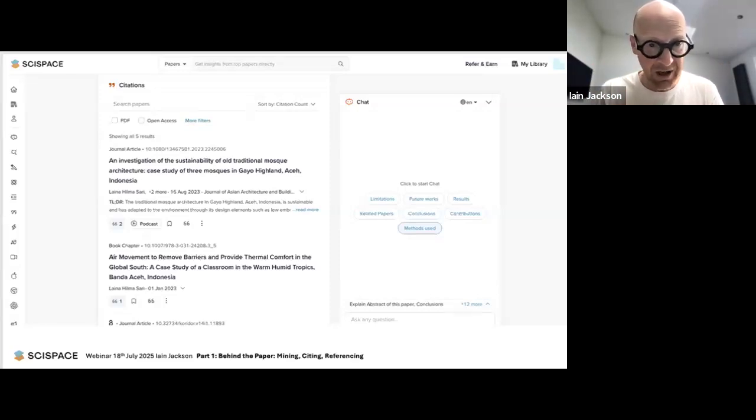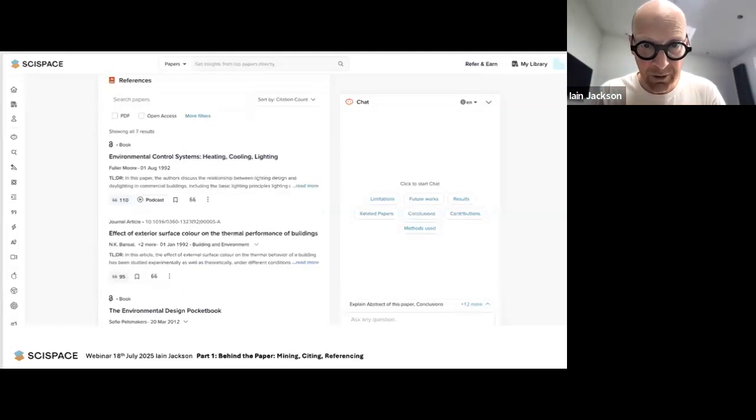And of course, you can save the ones that are relevant into a folder, which I'll talk about in a moment. And then we can look backwards. We can look at the papers that article has cited itself. So that's really useful. It forms a kind of origin point or a starting point. So we can look back and we can see which papers it cited and then which papers went on to cite that one. And we can examine them both. So by just doing this simple search, we're building up a vast array of papers, information, and associated reading.